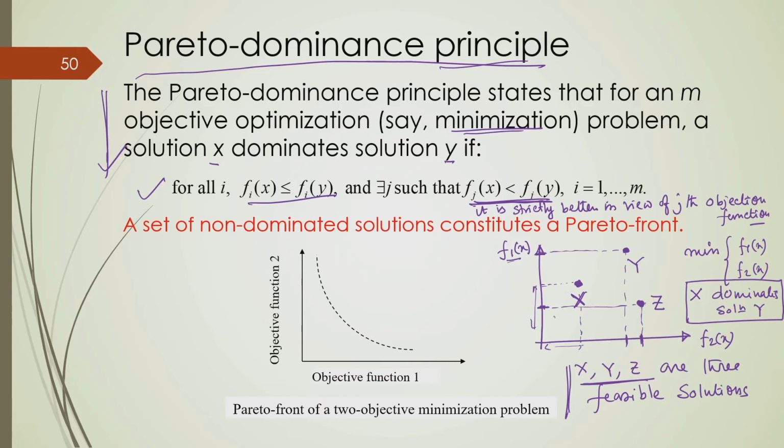But if you compare solution x with solution z, you can see that in view of objective function 1, because it is a minimization problem, solution z is better, but in view of objective function 2, solution x is better. So, when one solution is better in view of one objective and the other solution is better in view of the other objective, then we cannot say either that x dominates z or that z dominates x. So, in that case we call x and z